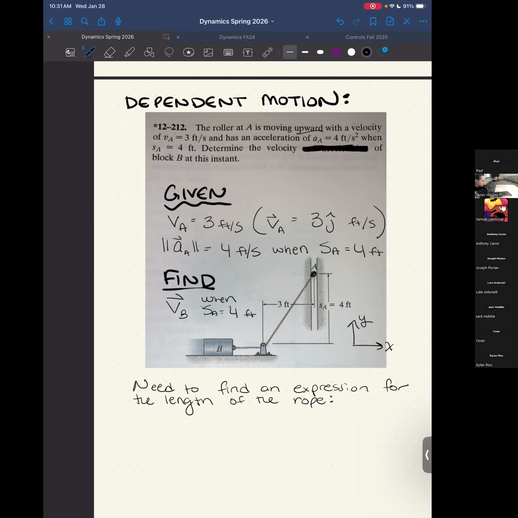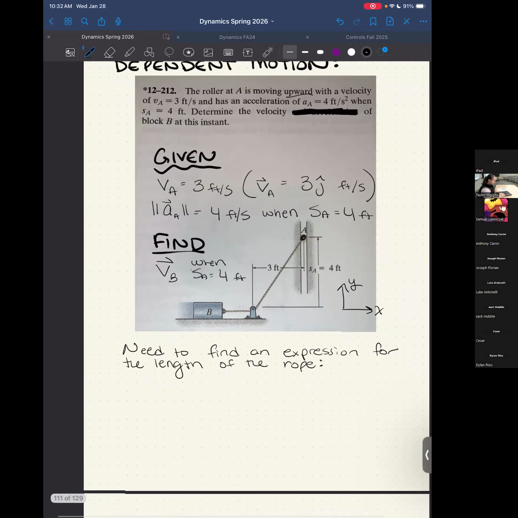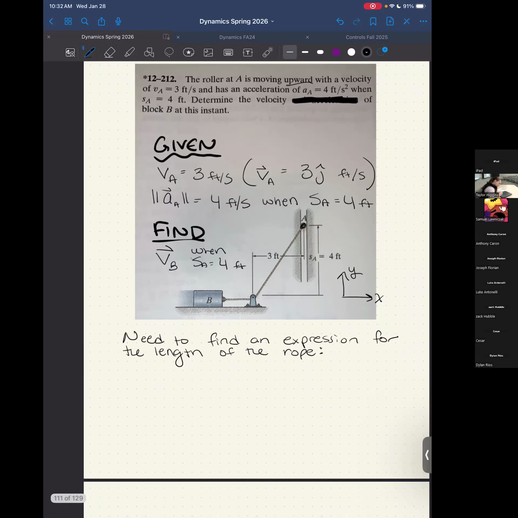I'm stuck on simplifying my length equation. Okay. Anyone else stuck on simplifying the length expression? Perhaps. Okay, if you're not stuck, just keep working. Samuel, I'll get to that point, okay? Okay. So,